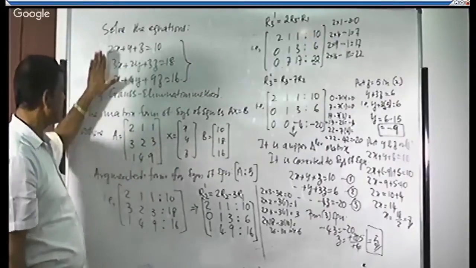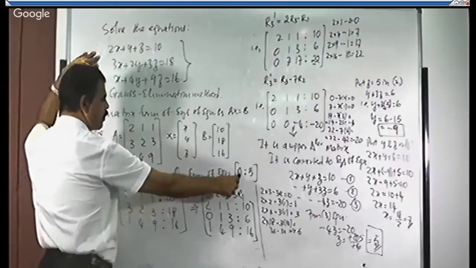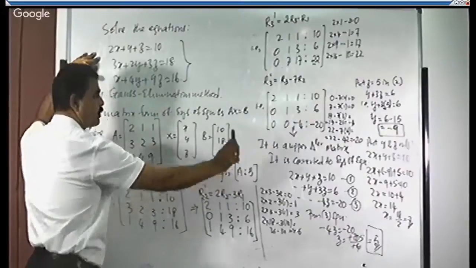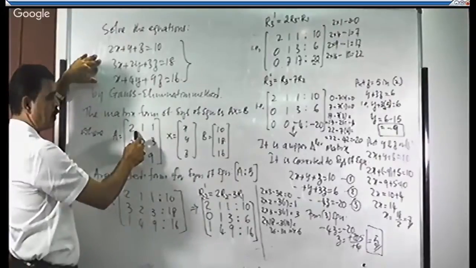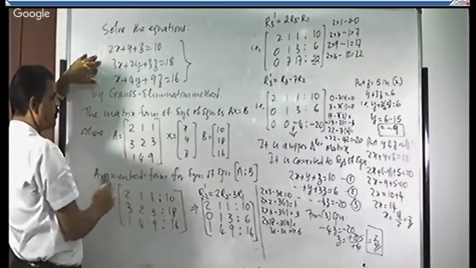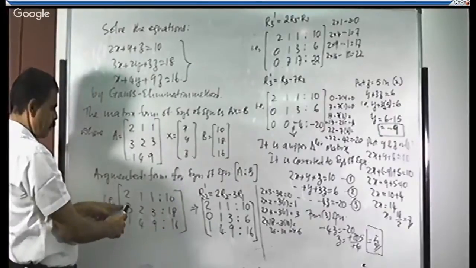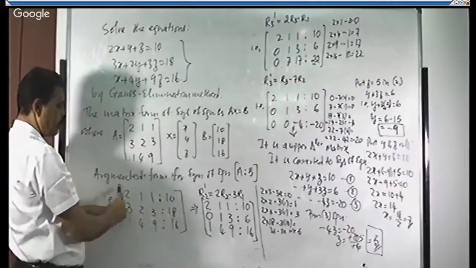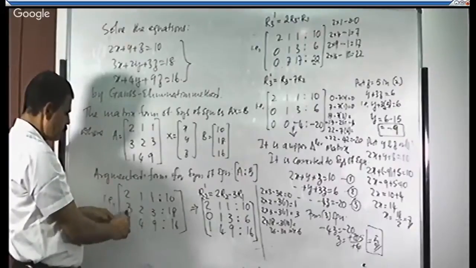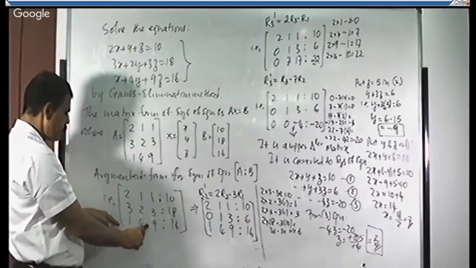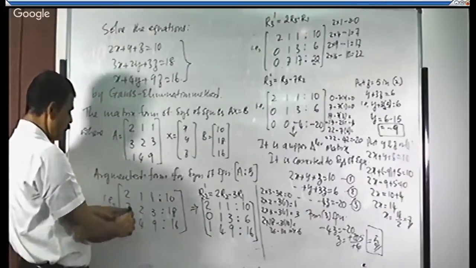This system of equations is reduced to the augmented form. So that form is what? A augmented with B. What is A? It is the coefficient matrix, augmented with the constants. We have to convert this into an upper triangular matrix, right? So how to make it? This is to be made 0, this is made 0, this is made 0 by using the row elimination method, right? How to make this 0?